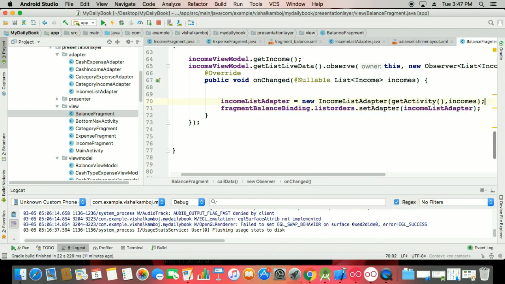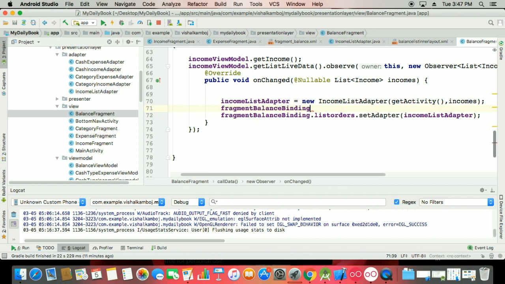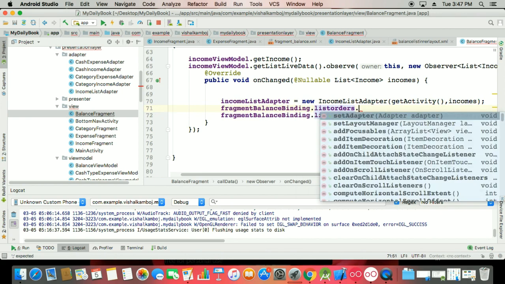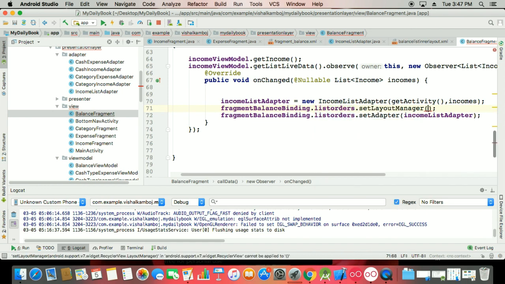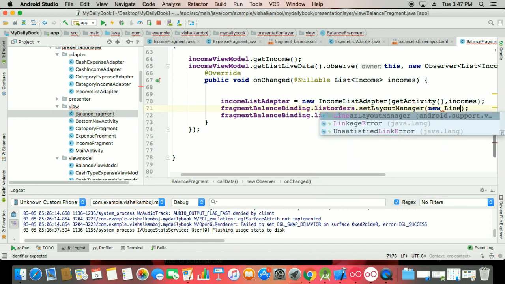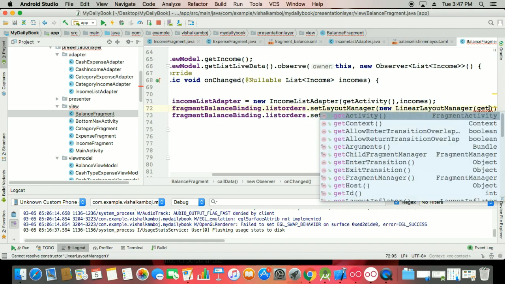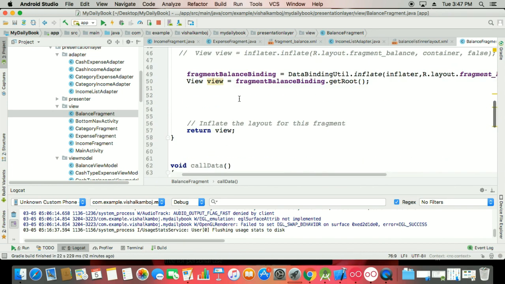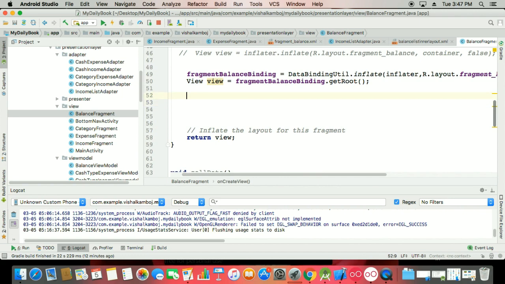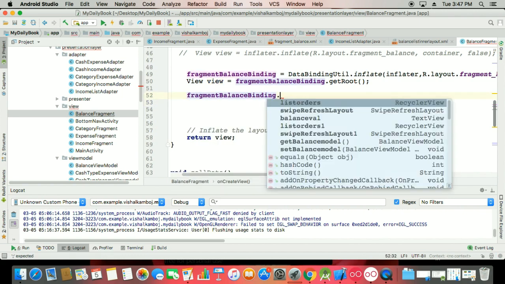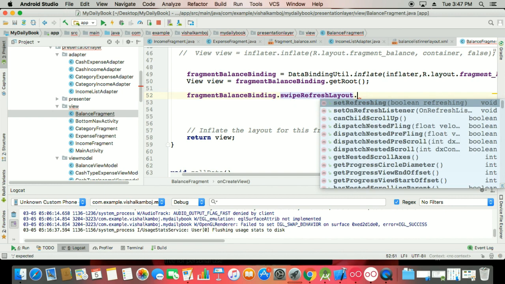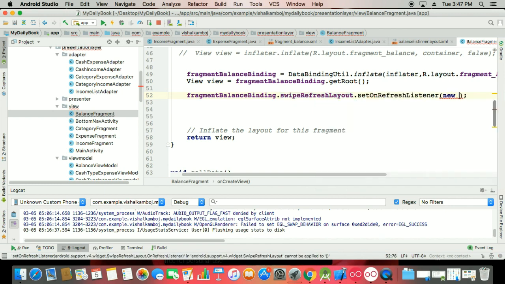But before that we have to put the layout. So that's important, otherwise it's not showing to you. So that means whenever you set layout manager, new linear layout manager, and then get activity. Okay, so that'll be fine. And now inside this, if you have a fragment view binding that swipe refresh layout, and then you want to refresh it, so set on refresh listener, new